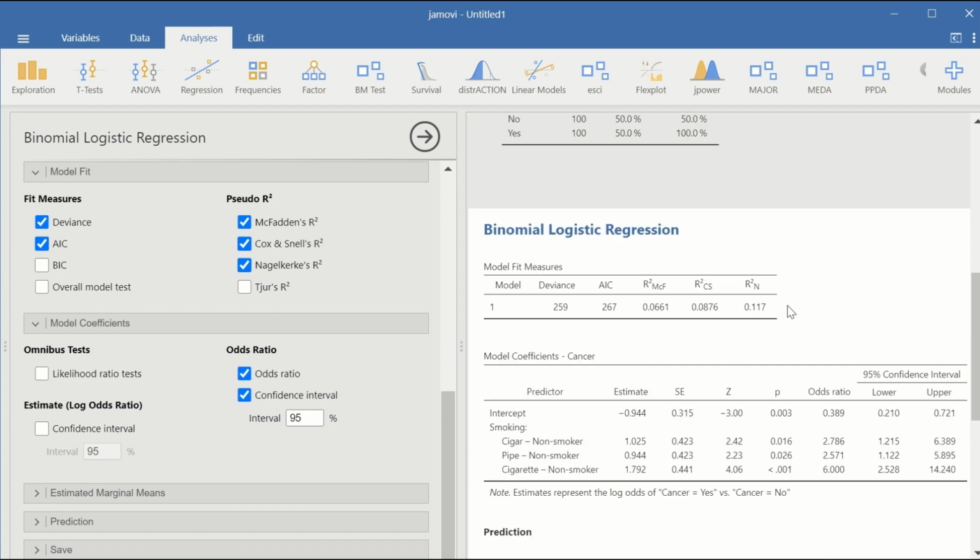The first table is for the model fit measures. Looking at this value here, which is the R square, it shows that 11.7% of the variation in the outcome can be explained by smoking habit, whether you are a smoker or non-smoker, smoking cigar, cigarette, and pipe. So 11.7% of the variation in the outcome, which is the possibility of getting cancer, can be